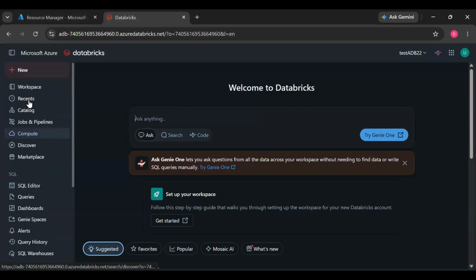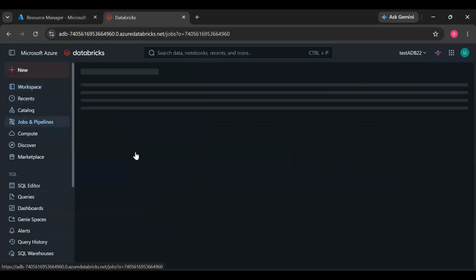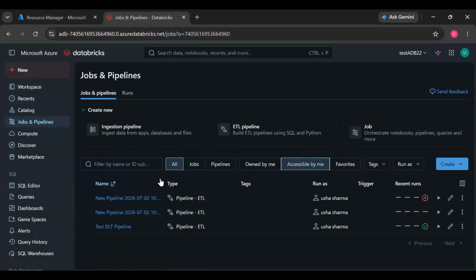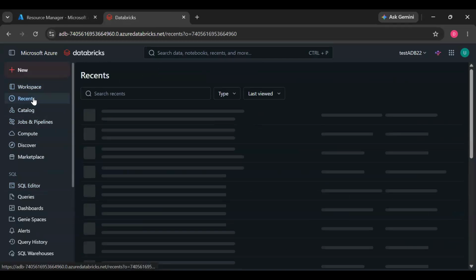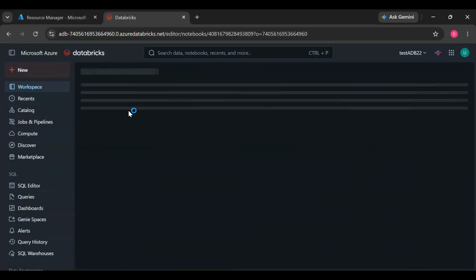See, this is the Databricks workspace. Here you can see jobs and pipelines. Here we create pipelines which will run at a specific time every single day. These are the notebooks. Let me open one notebook where you will write code.